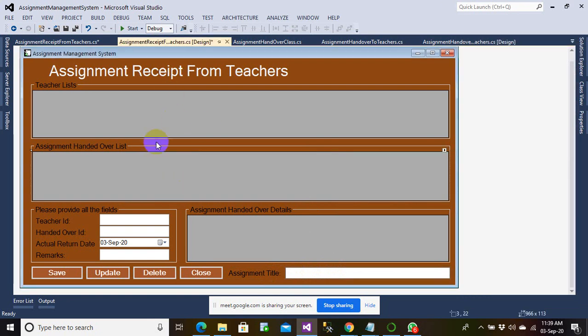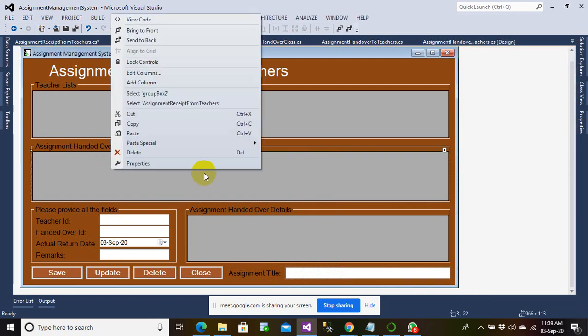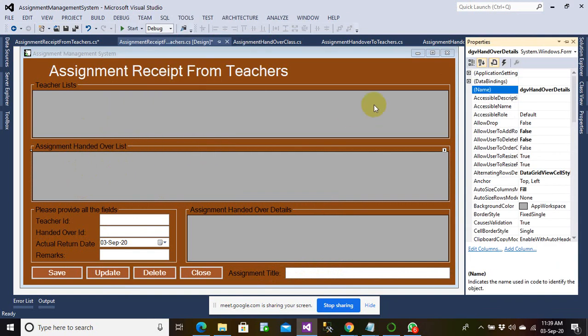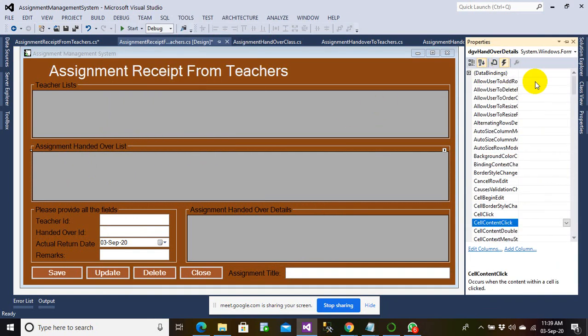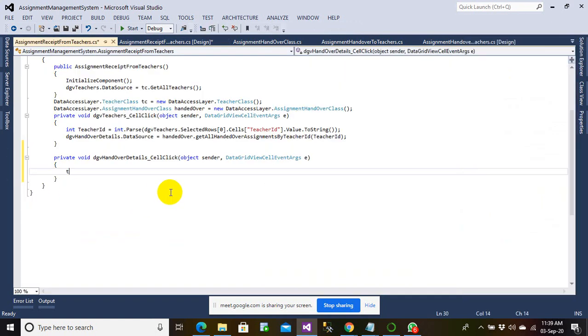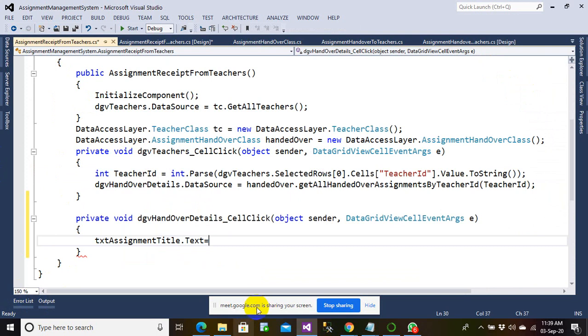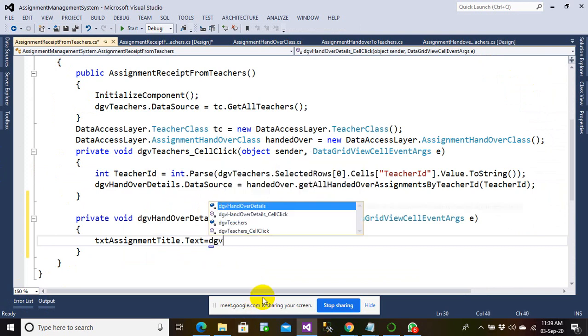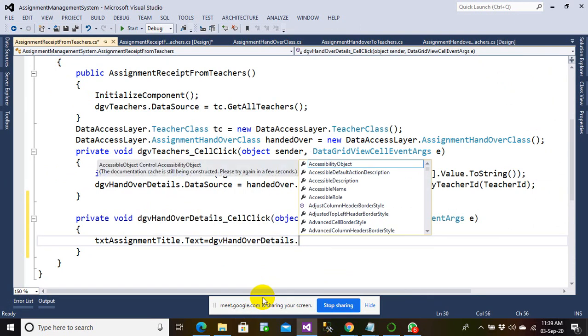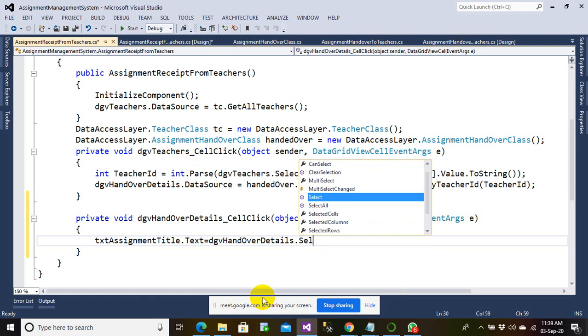And now we have the assignment handover list. Let me go and see the code that we have written. Okay, actually we have not written the code, so let me just click on it. The txt assignment title text will now be equal to whatever the assignment title is in your grid view. So let us say this will be the DGV handed over details, selected rows